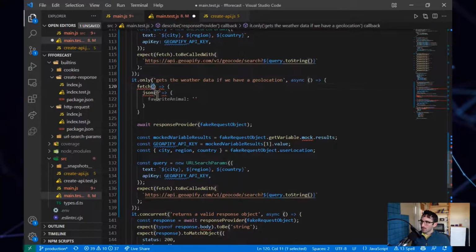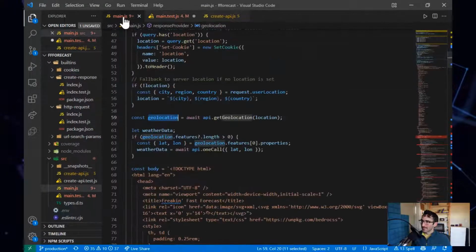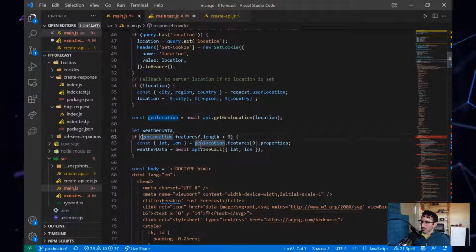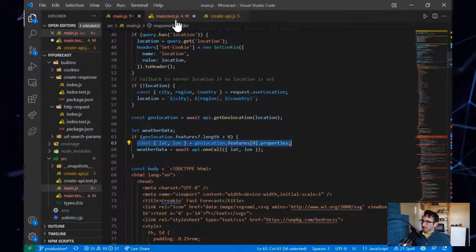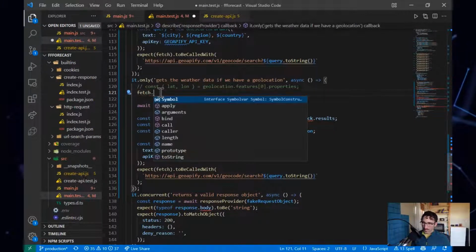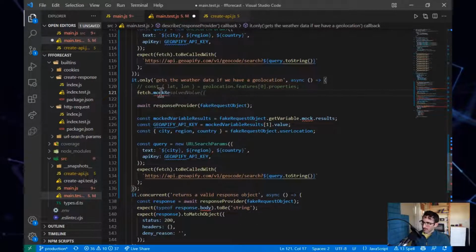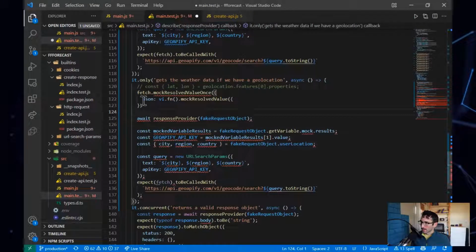So what we want to do is just this one time, just the first time that fetch runs, we want to, instead of returning that dog, we want to return something that looks like this geolocation object. So what do I need? I'm going to copy this so I have a reference to it and say that this is essentially what I'm recreating. So I'm going to say fetch.mockResolvedValue. And because I only want it to happen the first time that fetch runs, I'm going to say mockResolvedValueOnce. So now that is going to resolve to a JSON object. And that,